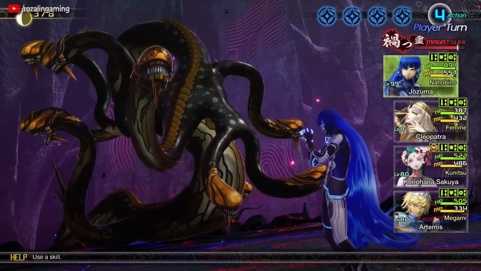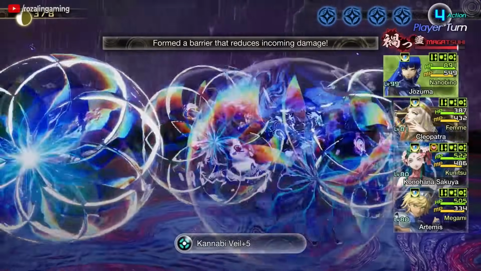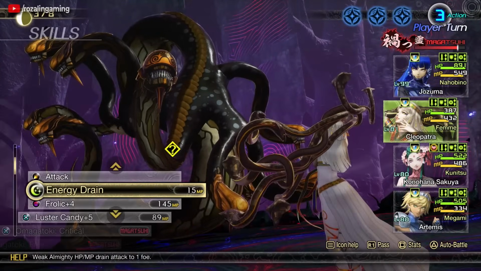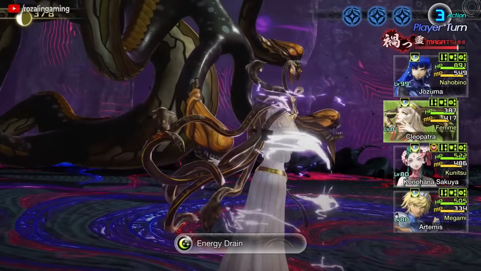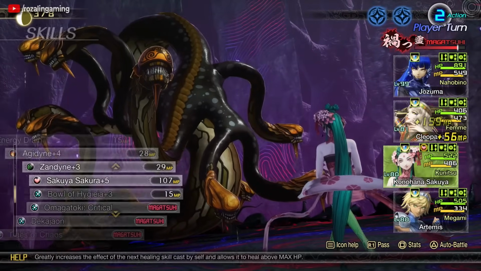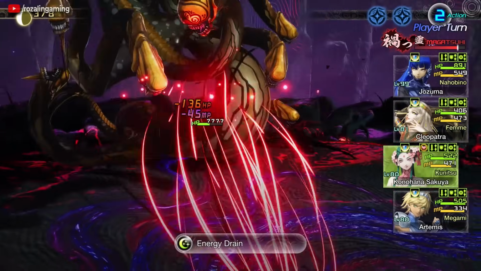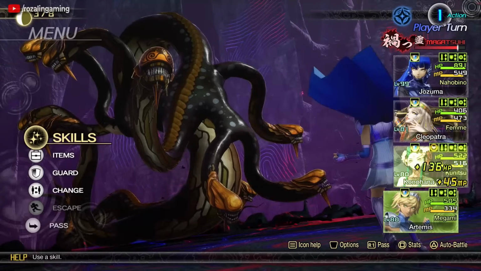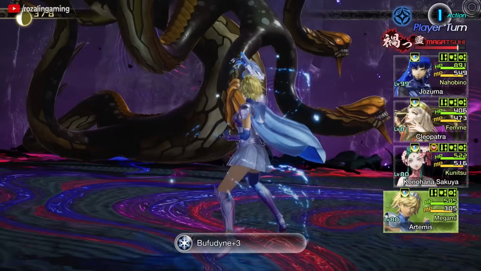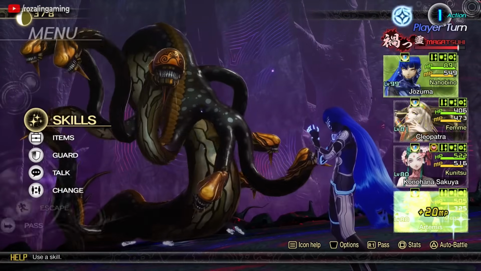As for Kannabi Veil, well, that skill is just broken. It's a defensive skill that can't be dispelled by the enemy and reduces incoming damage on the following turn by a whopping 30%. Basically, the game calculates how much damage you will take, and then Kannabi Veil just chops 30% off of that. With proper turn management through the use of hitting enemy weaknesses, or through the use of Yabusame's shot, you can make it such that you have 100% uptime on Kannabi Veil while still being able to attack